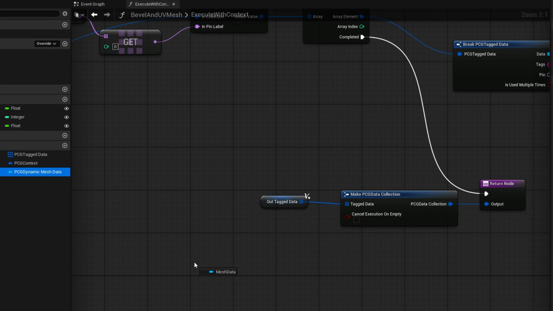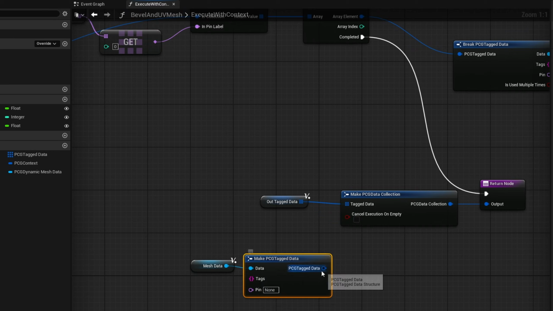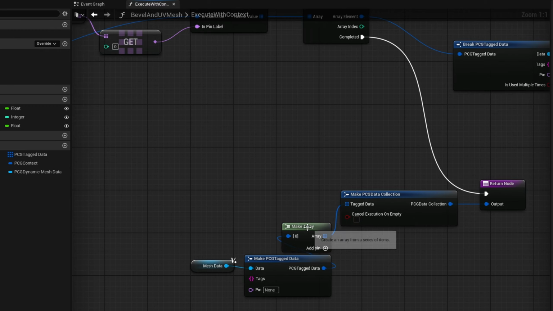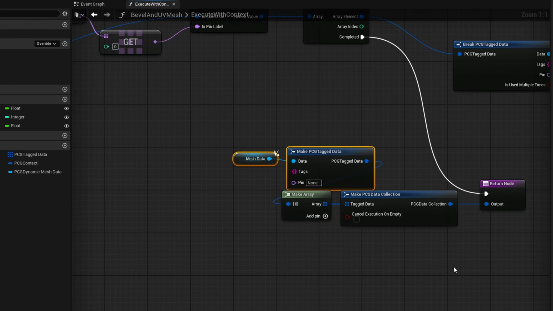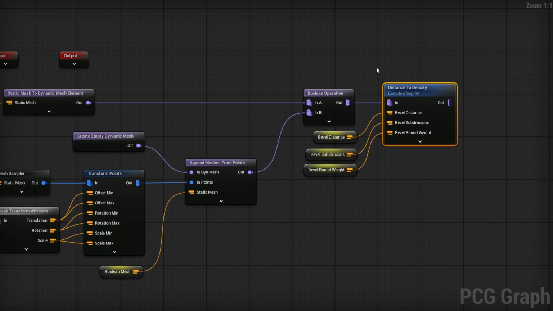So I'll grab our mesh data, search for make PCG tagged data. This gets us the information we need, and we can take this data, drag it into the tag data array, and it'll automatically create a make array node. We don't need the original tag data. We just take this and plug it in like so. Now we can compile this and go back to our PCG graph, select our node, which is, by the way,